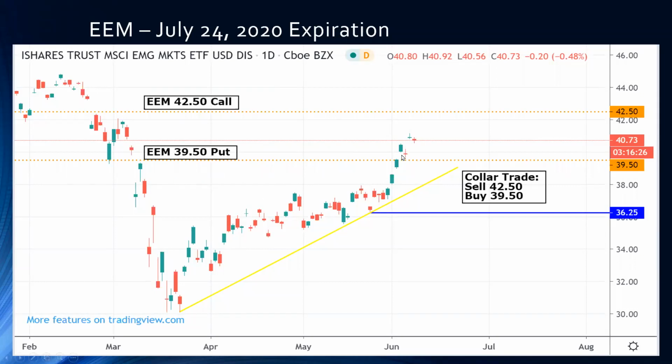Now here, when we did this example, we found the 42.50 and 39.50. The market was right in the middle of this $3 range. So that's why we took this one, because the pricing came off of this last little low here, and it gave us the ability that if we come through this put price, we could come down this upward sloping support line, which would keep us in a bullish trend, meaning that we still want to be long the EEM ETF, but we would be profiting off of the collar trade, especially setting this up.